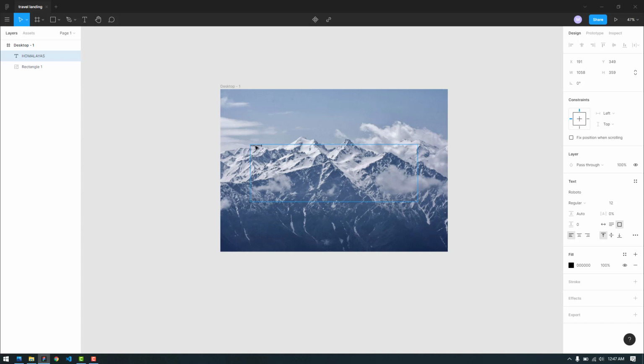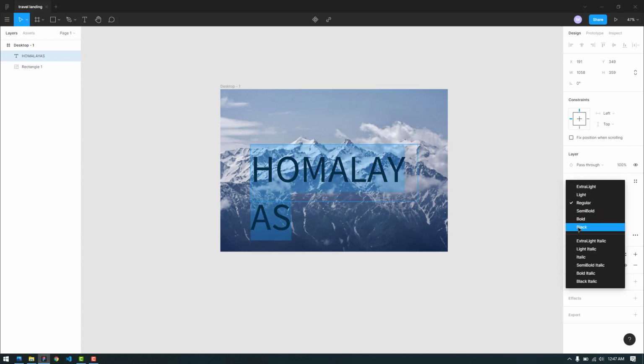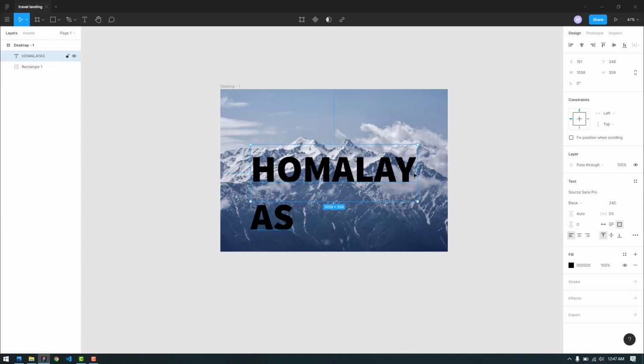The text is too small. I am going to use the Source Sans Pro. So let's try a bigger size, like 280. It is so big, so we are going to use 260 maybe, or maybe 40, and it will be black, completely bold.